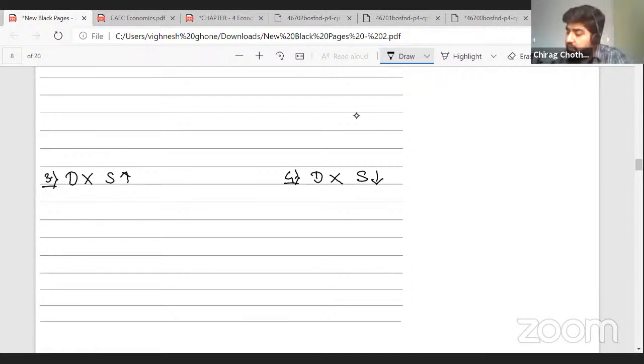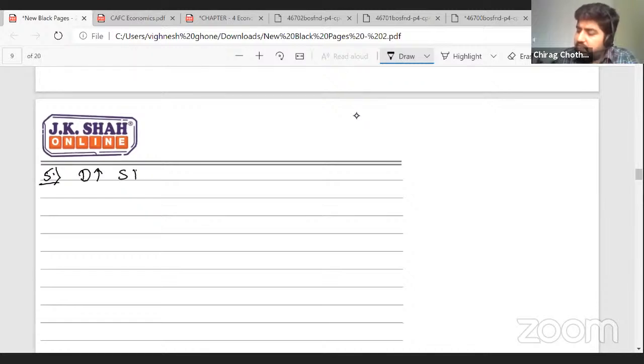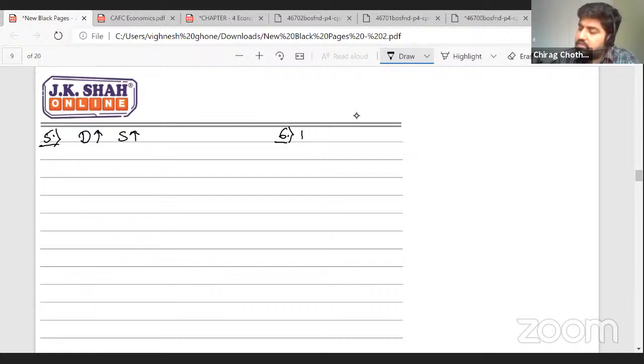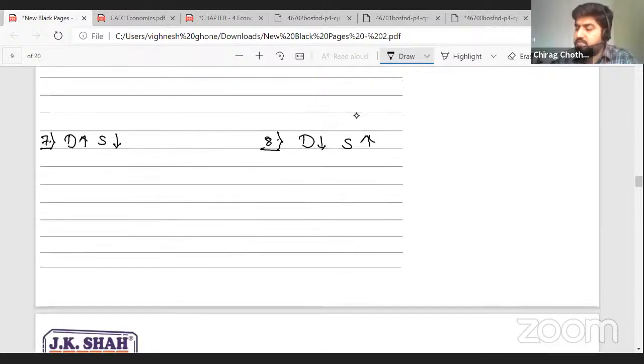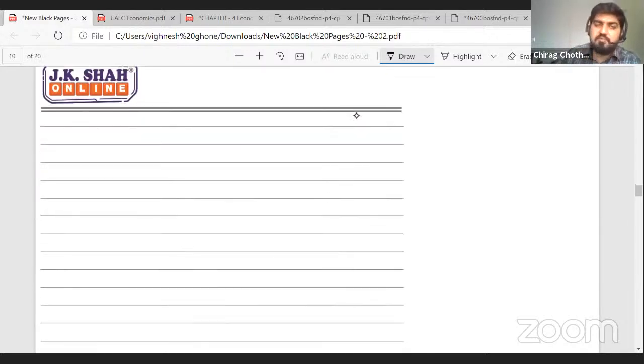So let's begin. The next cases, we are going to discuss a few cases today. Case number 5, let's suppose demand increases, supply also increases, but in the same proportion. Case number 6, demand decreases, supply decreases in the same proportion. Case number 7, demand increases, supply decreases in the same proportion. Case number 8, demand decreases, supply increases in the same proportion. The proportion here is important because if the proportion changes, then the equilibrium price and equilibrium quantity will be different